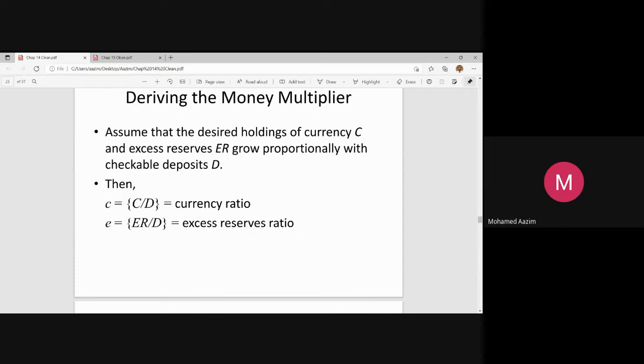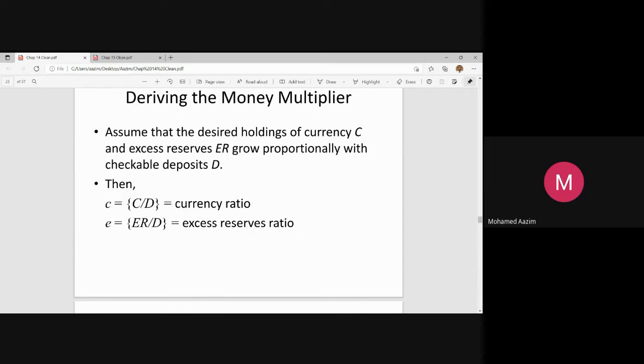Right? So when percentages are expressed in decimal places, 0.1 is 10%, 0.01 is 1%. Okay, you define these things and divide and see. So that's how the ratios would come. So now you are very clear in terms of what is currency ratio, what is excess reserve ratio. These are nothing new. You express the currency as a share of the deposits, excess reserves as a share of deposits. So that's why we say these are ratios.